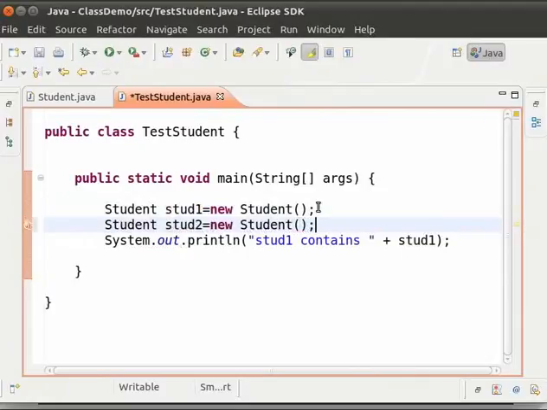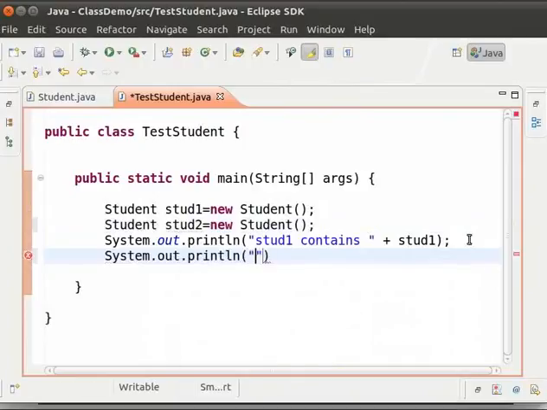Now type next line system.out.println within brackets and double quotes, stud2 contains space plus stud2 and then semicolon. Now let us save and run this file.